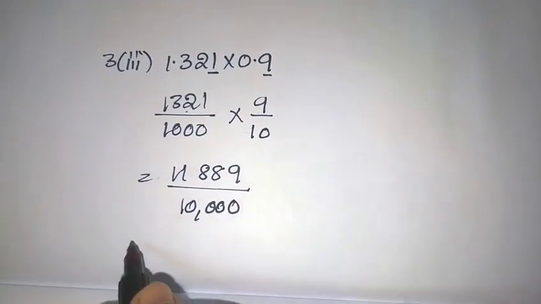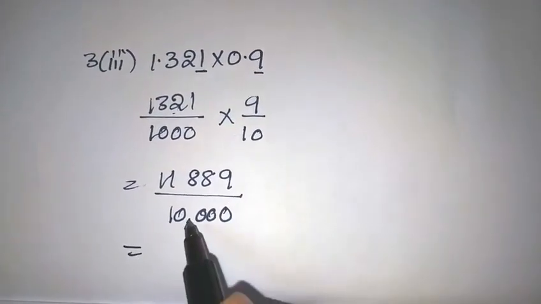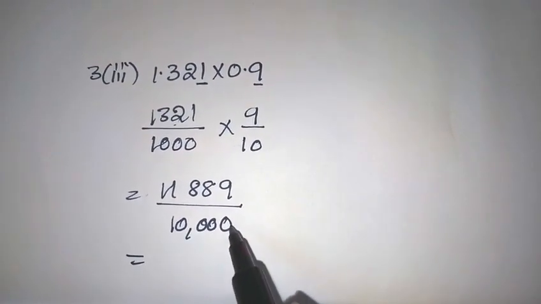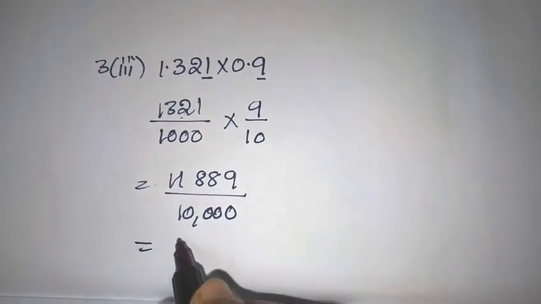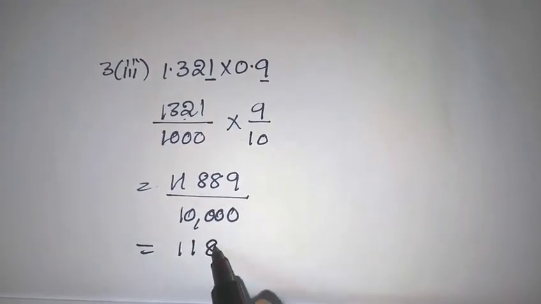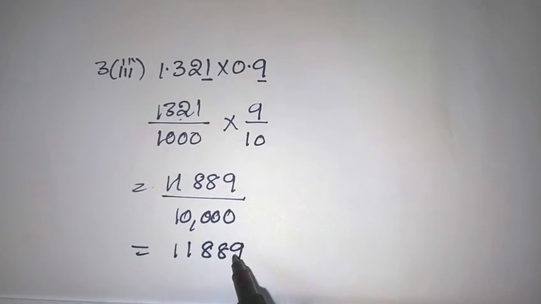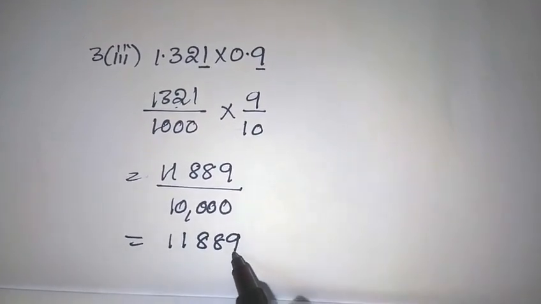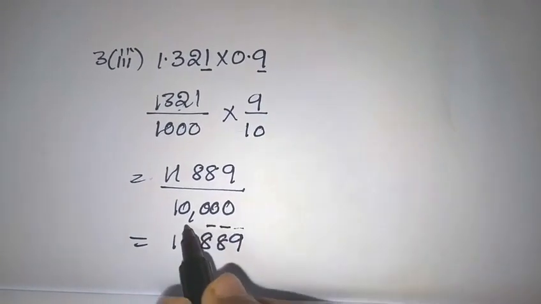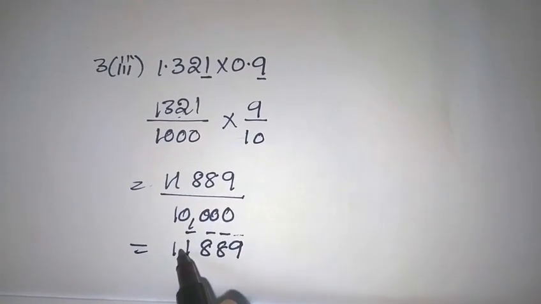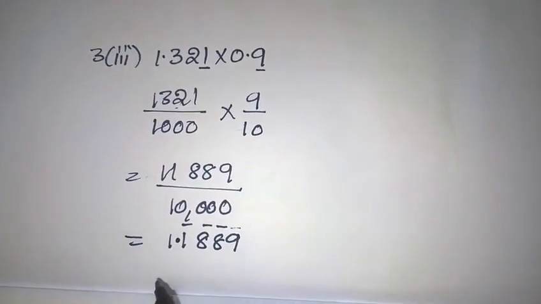In 10,000 the number of zeros is 1, 2, 3, 4, 4 digits. In the numerator 11889, move 4 digits to the left side from the last digit, 1, 2, 3, 4. So before 4 digits place a point. So the final answer is